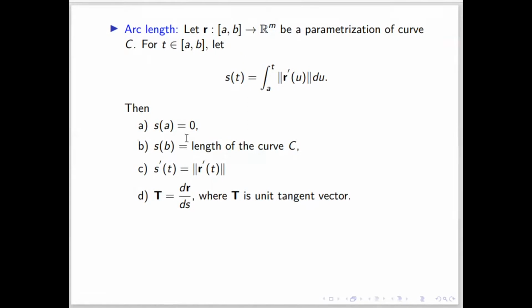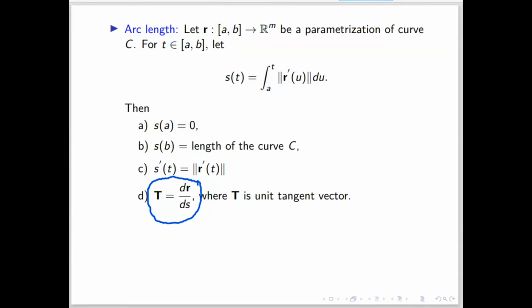This tangent vector. So today I will use this result, the part D. The tangent vector can be this unit tangent vector in terms of arc length s. This is the formula for unit tangent vector. It is denoted by capital T equal to dr by ds. R is a parametric representation and s is the arc length.